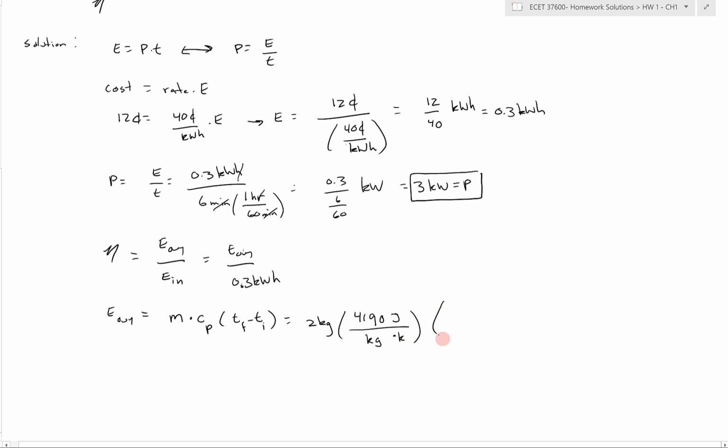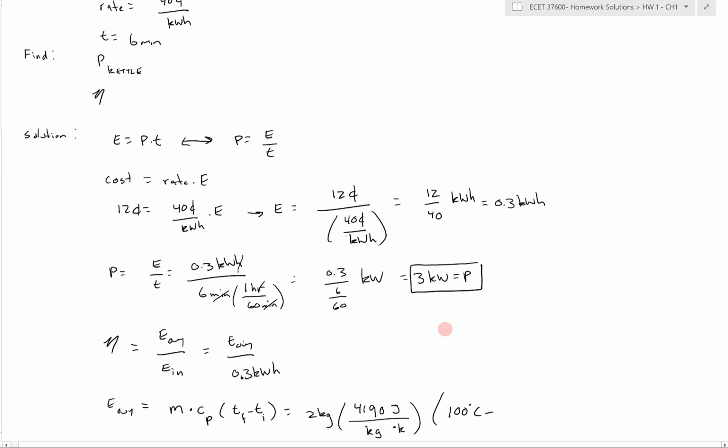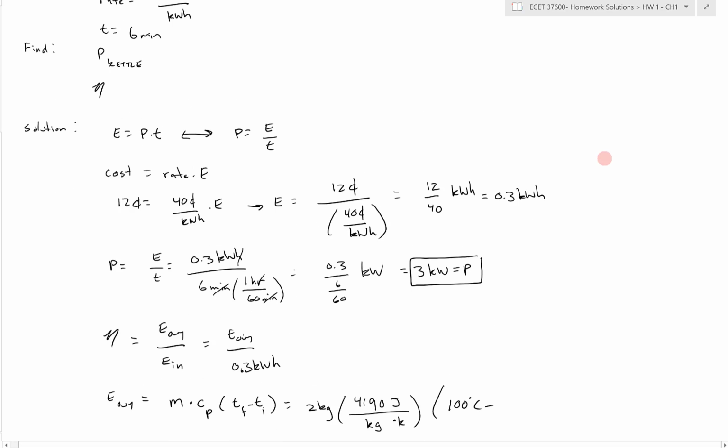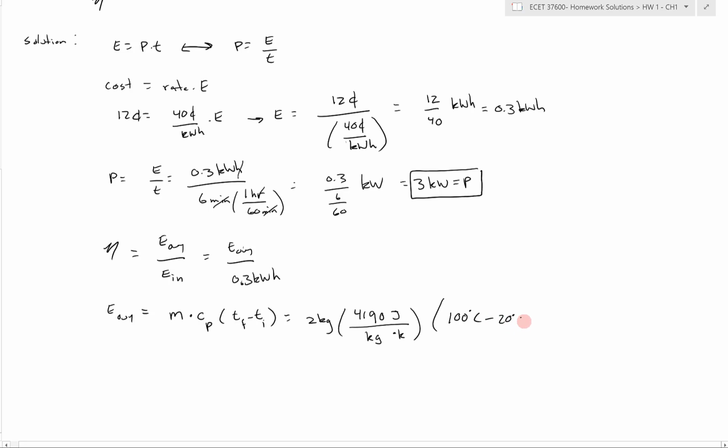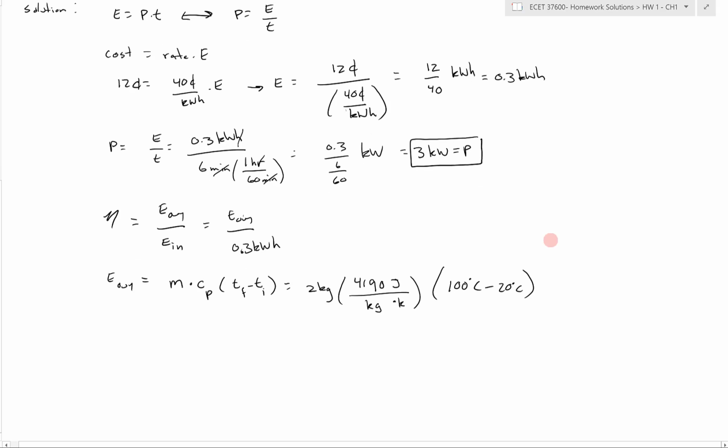And then we need to multiply by the change in temperature. We weren't told what the final temperature was, but it's a kettle that's boiling water, so hopefully you know that's 100 degrees Celsius minus the initial temperature, which we were given as 20 degrees Celsius. So that's going to be 80 in there. You might freak out and say, oh, Kelvin and Celsius don't directly cancel, and in fact they do. So that's not a problem for us. So if you're not familiar with that, I encourage you to look up temperatures and see how that actually cancels out. But if you do the math, you're going to get